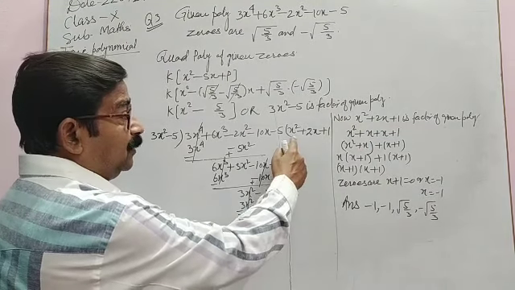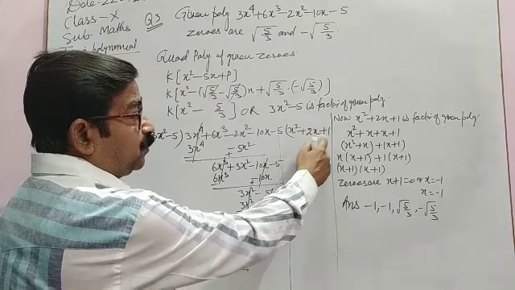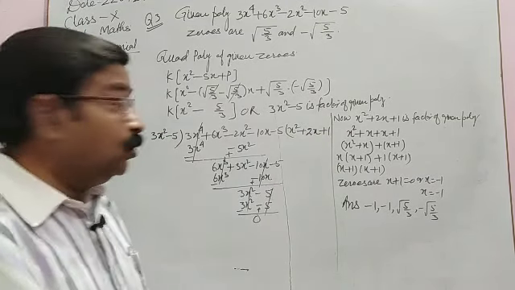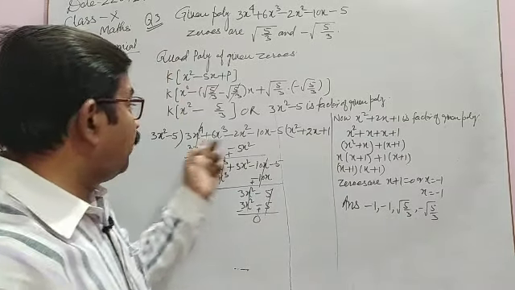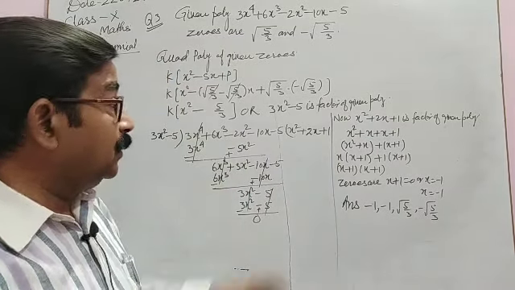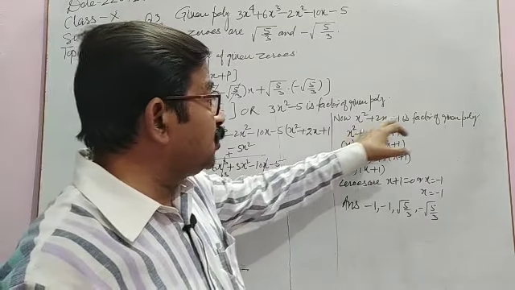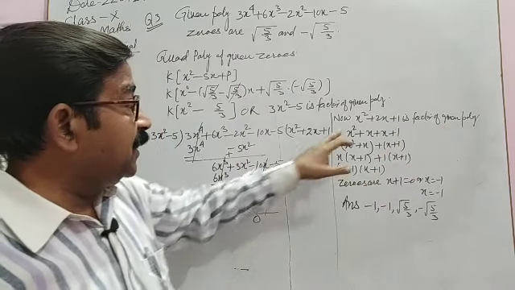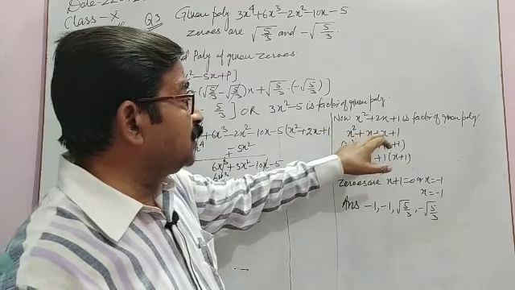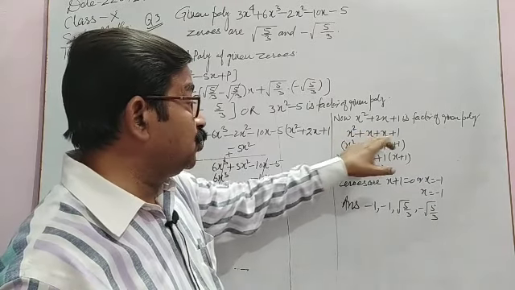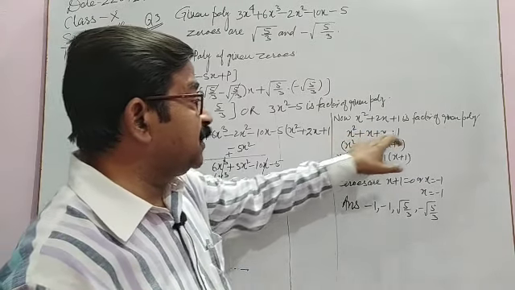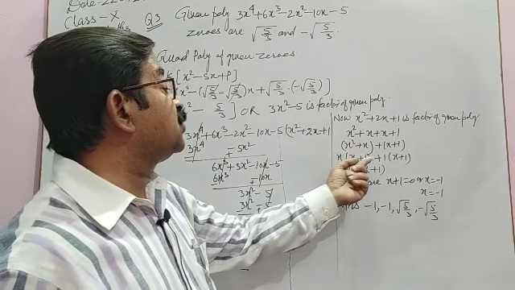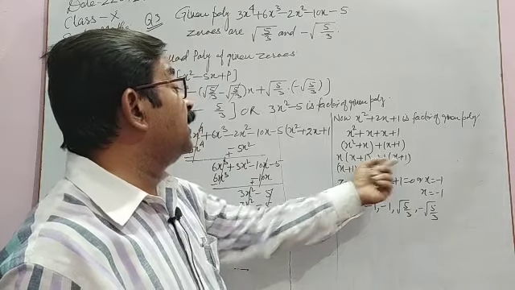So we have x square plus 2x plus 1 as the quotient, and you know quotient is also a factor of the polynomial. So now x square plus 2x plus 1 is also a factor of the given polynomial. So we are going to factorize x square plus 2x plus 1: 1 1s are 1, 1 plus 1 is 2, so x square plus x plus x plus 1. Simplifying this, x is common, we have x plus 1, again nothing is common, then 1, x plus 1.